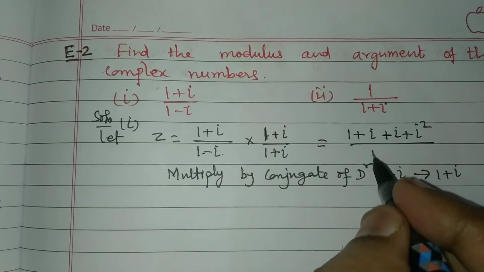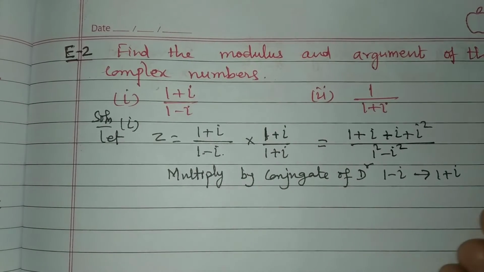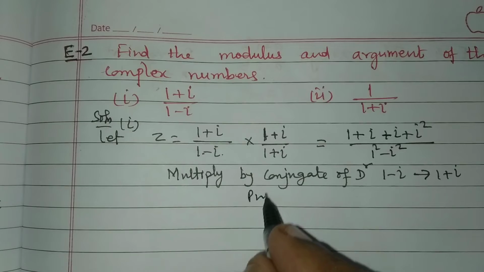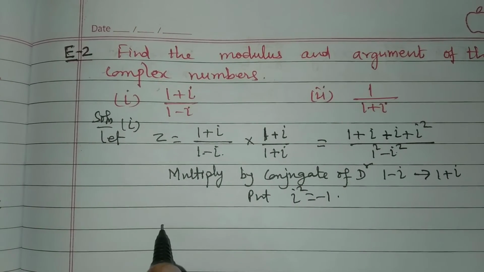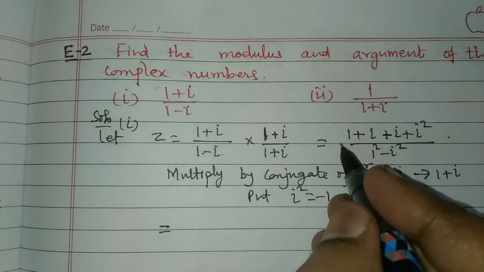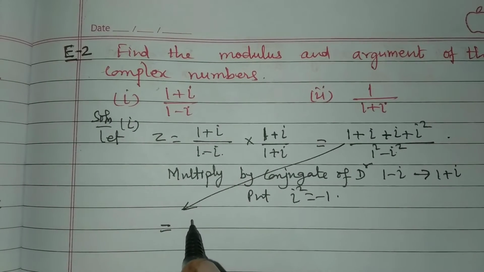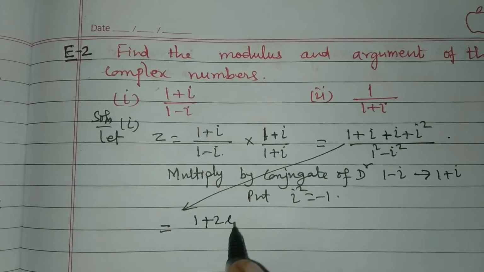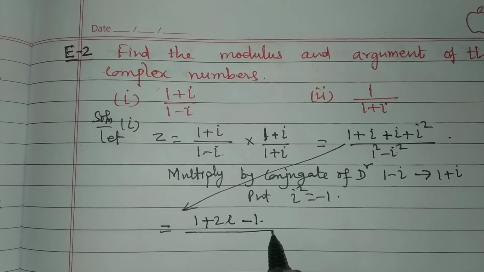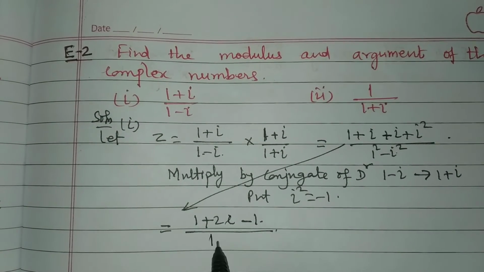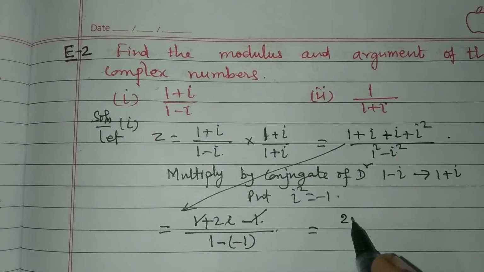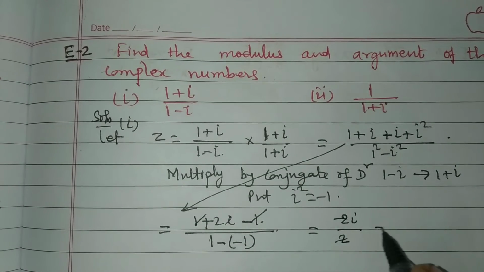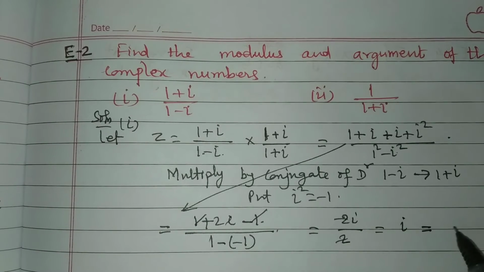divided by a plus b, a minus b, so a square minus i square. Now put i square is equal to minus 1. So after that, here I am writing, 1 plus 2i minus 1 by, here is 1 minus 1, this is cancelled, so 2i by 2, so it is only i that is coming,